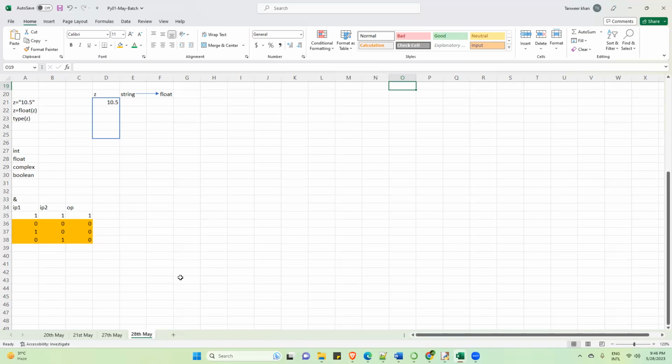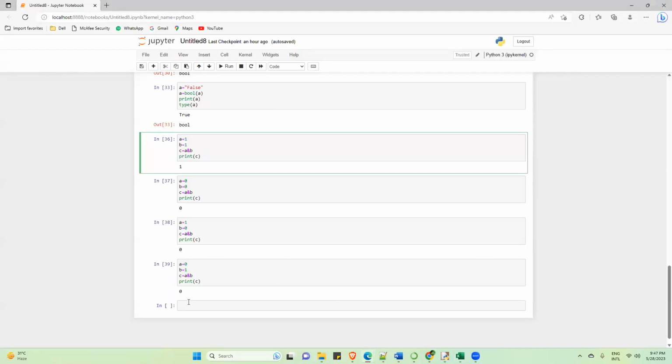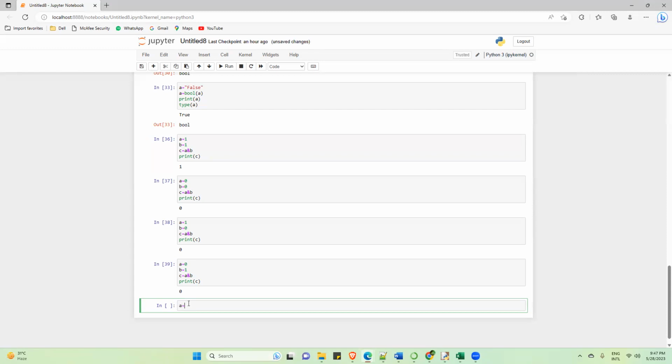Yes, Tanvir. Okay, let me proceed further. Now I'm taking a risk here. I will show you one more example that will be a little bit complicated. But if you think that no, this is not clear, then let me know, and I will show some other example. Okay, fine. I'm writing here A equals 10, B equals 20. And I'm writing here: if A is greater than 5 and B is greater than 5,